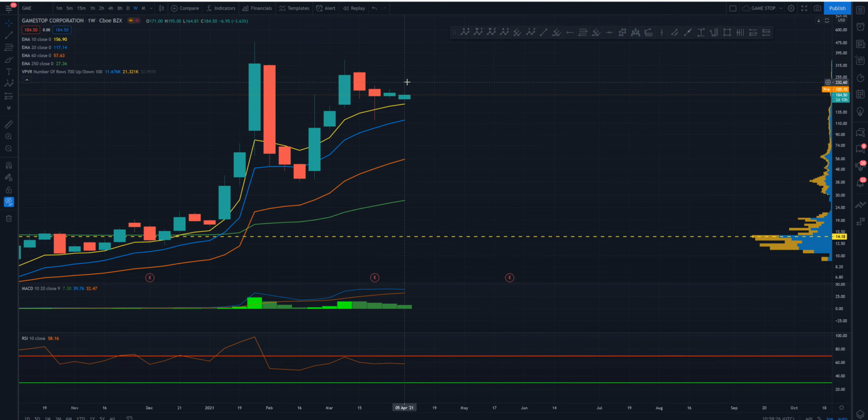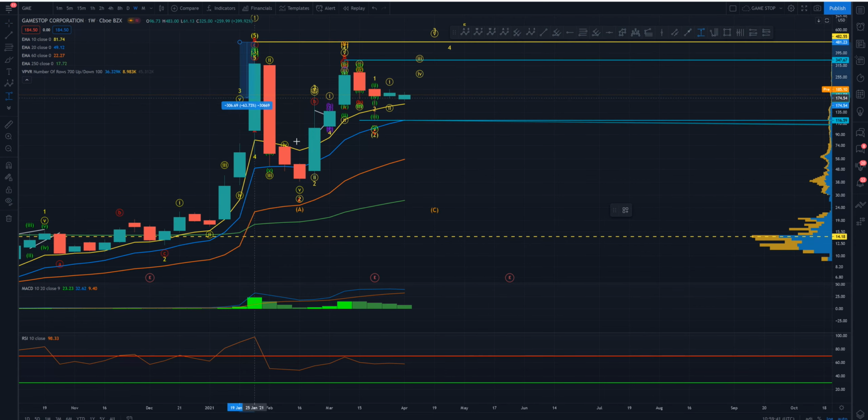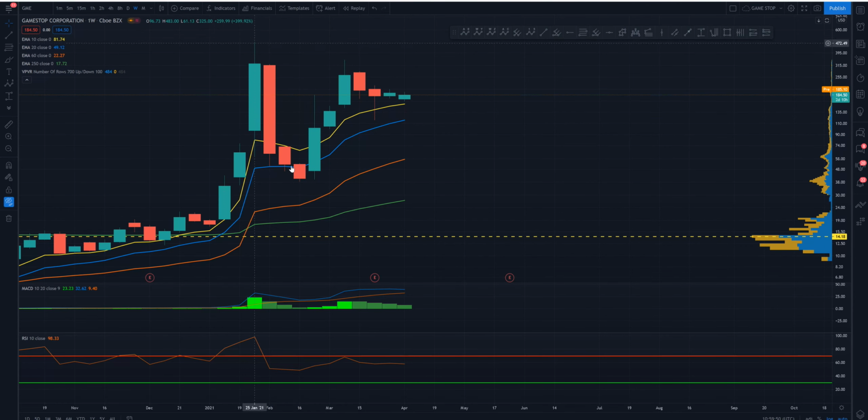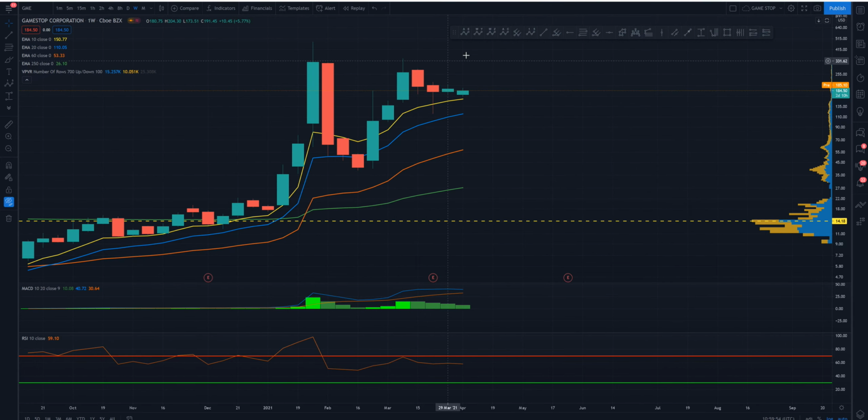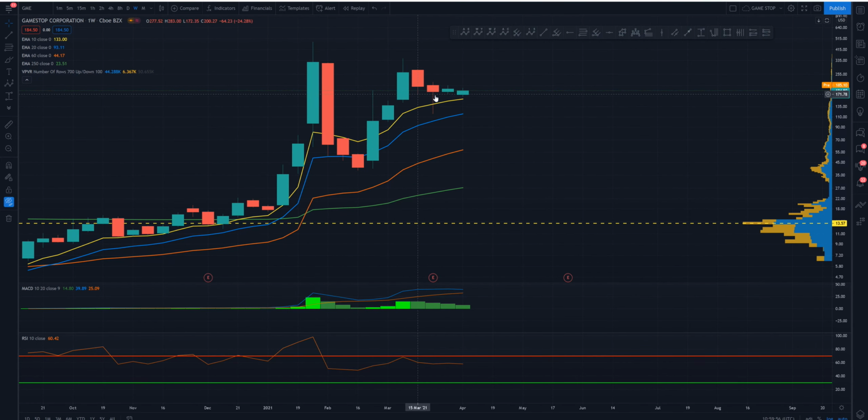But from GameStop's point of view, this is an internal correction of this here, or part of a new impulse wave. I'll explain what I mean by that later. But to give you an idea of the difference, this swing high to swing low is 92%. Okay, so far greater. This swing 92%, this is only 60 odd percent. So yeah, a bit quieter for GameStop in the last few weeks, but still above the 10 exponential moving average,